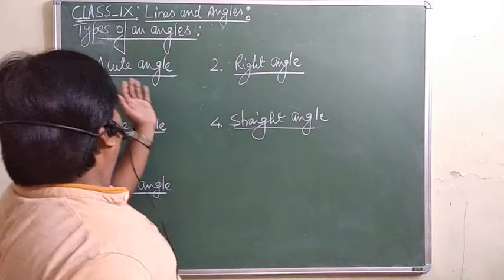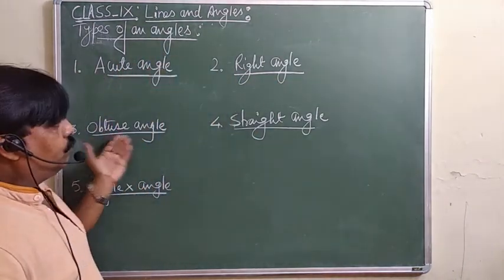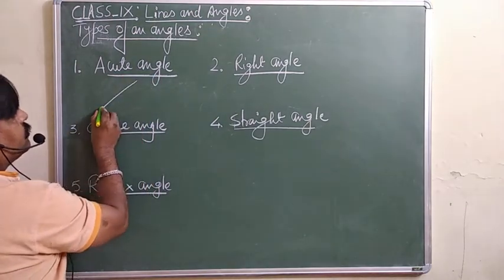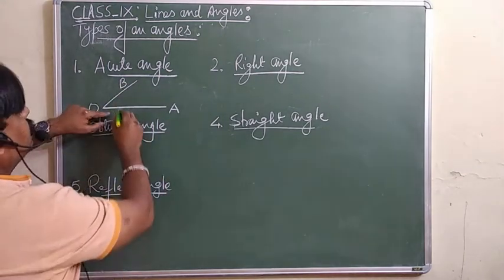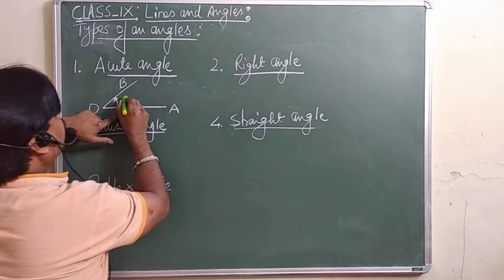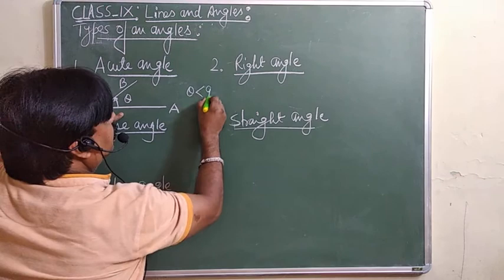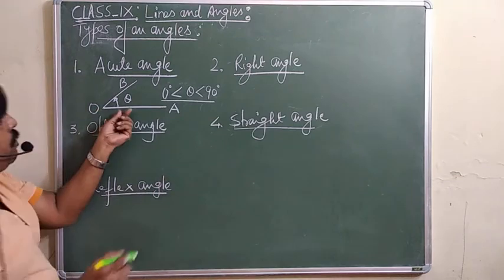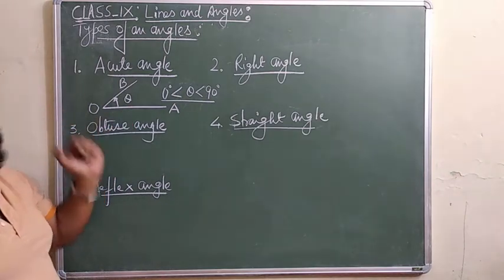Okay, now we will discuss the acute angle, right angle. These are the types of an angle: acute, right, obtuse, straight angle, and reflex angle. An acute angle means, taking AOB as an angle, it is less than 90 but greater than or equal to 0. If you are taking this angle theta, then theta is less than 90 but greater than 0 degree. This angle should be more than 0 but less than 90. Greater than 0 degree and less than 90, then you can say that is an acute angle.